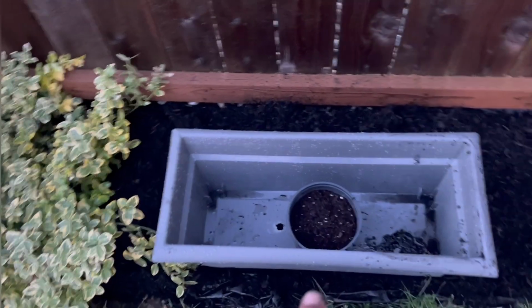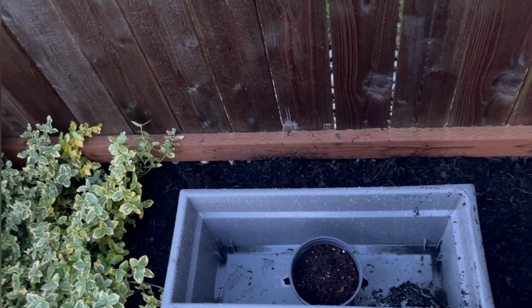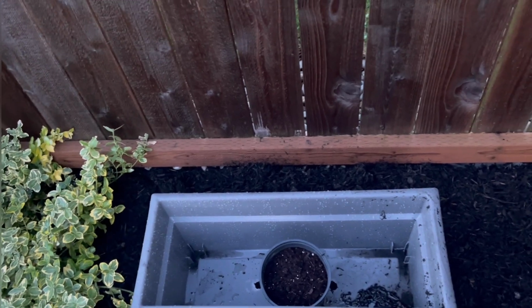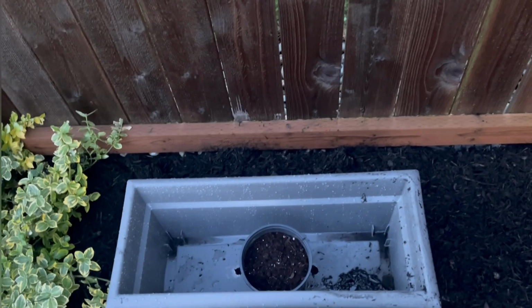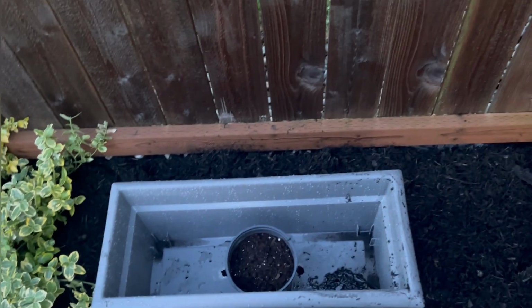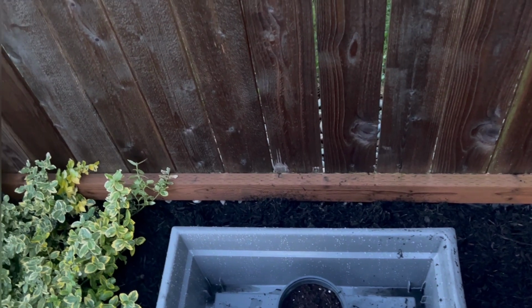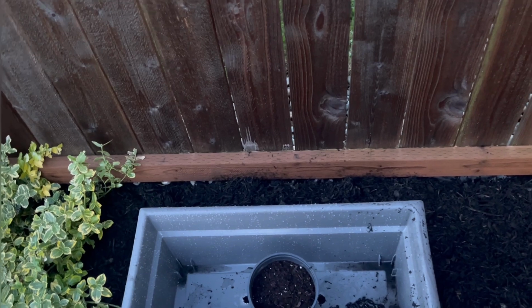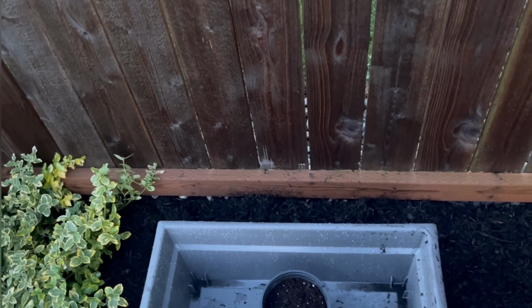Now, I found in Home Depot, there was this big bag of seeds, and it said that it was flowers that are native to the Pacific Northwest, and it was a big bag. And so I put the seeds in, and hopefully it will be sprouting up flowers in the next couple of weeks. And like I said, eventually I will have soil in all of these containers. Probably I'm going to fill up 2 containers each pay period. So by the end of the summer, all of these containers will have soil, and I can even add winter flowers in the soil,